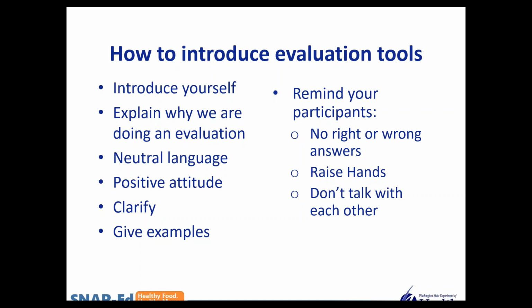The right answer is what you actually do, whether in the beginning you eat a lot of fruits or vegetables or you don't, answer that. The same thing at the end. In the post test, if you don't see any change in yourself, that's the right answer. Don't try to please us, is a great tip for some folks. And it also leads into that attitude thing, the attitude and the neutral language.